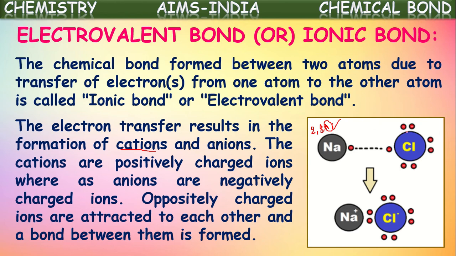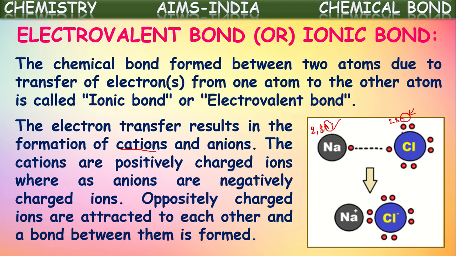In the case of chlorine, we know its configuration is 2, 8, 7 because its atomic number is 17. Now, there are 7 electrons in its valence shell. It is also not a stable element. This also will try to attain stability by gaining one more electron, and hence it will get the nearest noble gas configuration, that is argon configuration, by gaining one electron. So chlorine will always be ready to gain one more electron from other elements. It can gain an electron when other elements are ready to lose it.